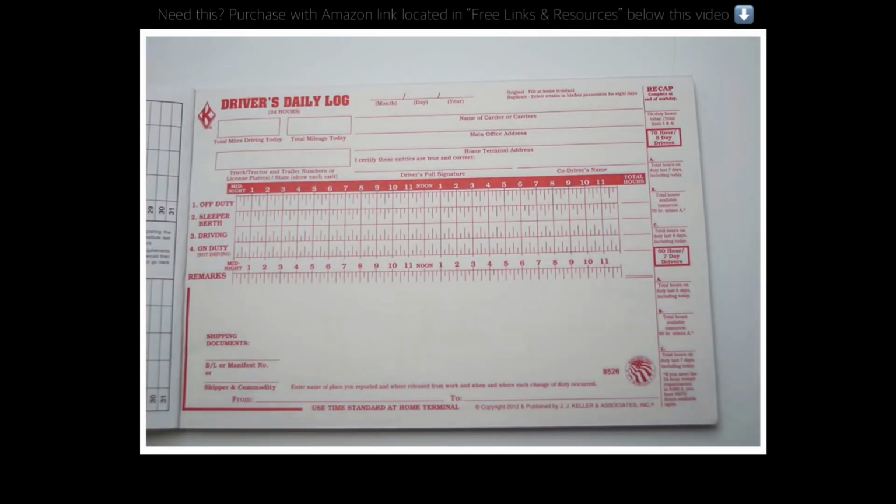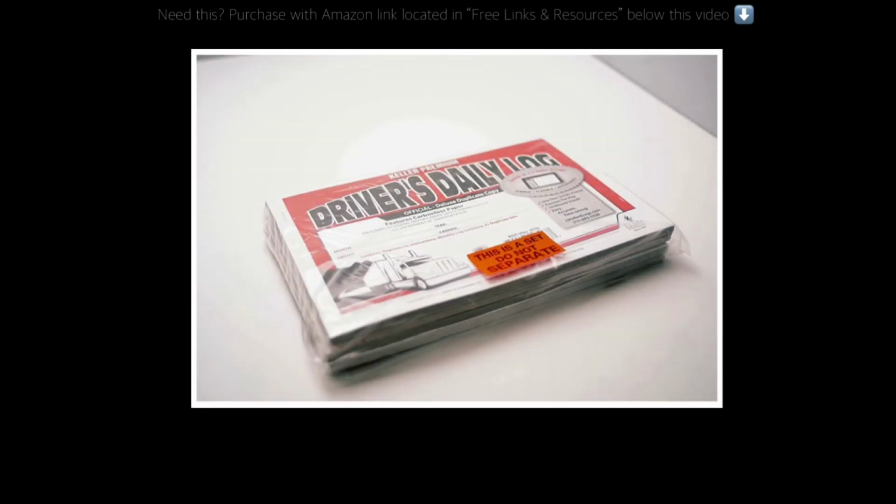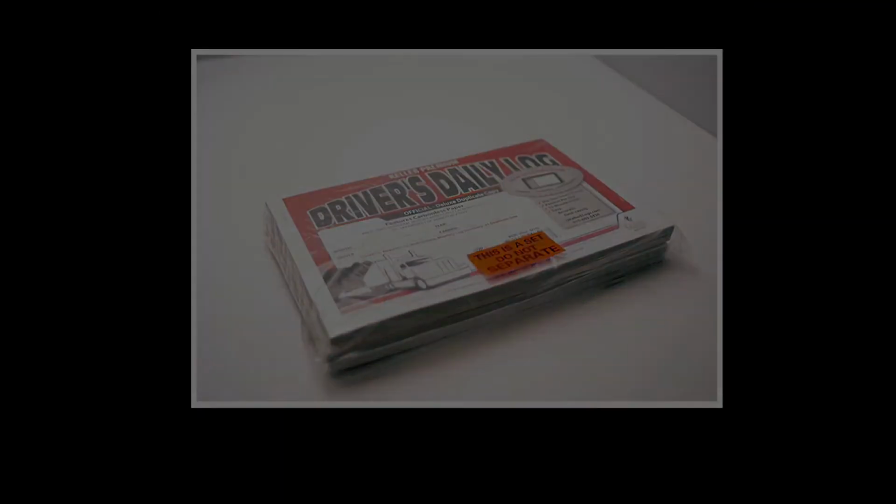Before there were ELDs, electronic logging devices, all truckers had were paper logs. So that was all they had. Now we depend on technology, but if technology lets us down, they want to make sure that you're able to still track your time on the road, your breaks and all that kind of stuff. So they're going to ask you to see your paper logs. Now, I have mine. They're still in the plastic from Amazon. They're under my rear seat where all my storage area is. And every time I've gotten pulled over, randomly, before they let me go, they always say, hey, by the way, can we see your paper logs? I pull it out in its package. They see it. They say, okay, just want to make sure you have it. So you want to have paper logs on board at all times because they will ask you for it when they pull you over. As far as another safety item,